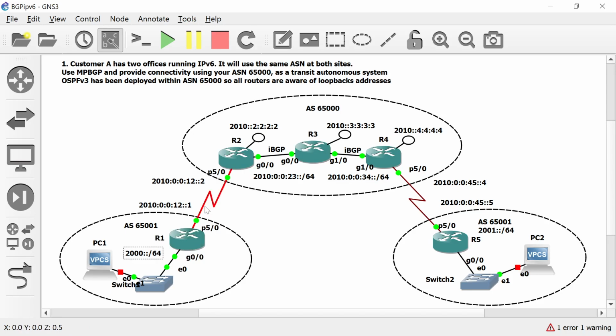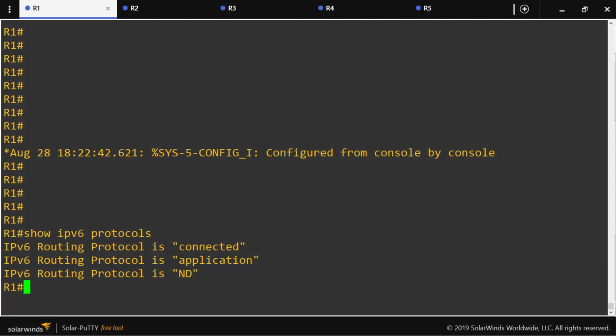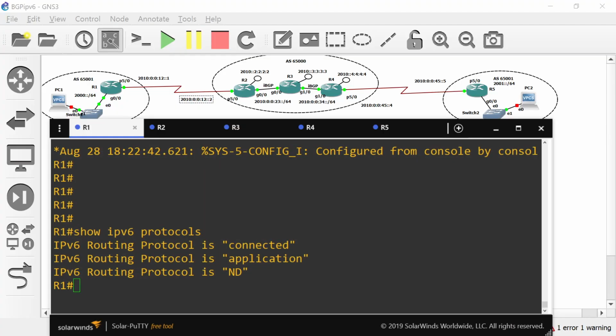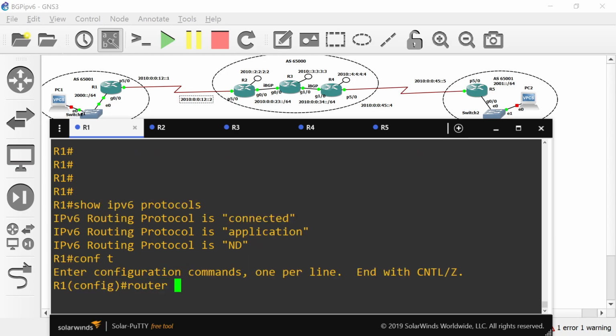We'll have to establish eBGP here, and iBGP between the internal routers in this autonomous system. So let's do that. Okay, let's go to router 1 and configure BGP. Router BGP